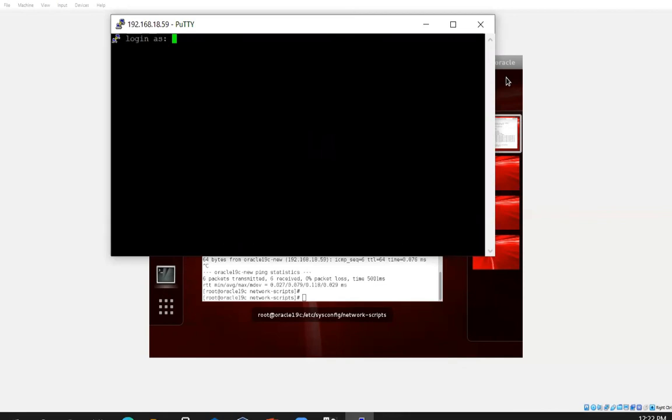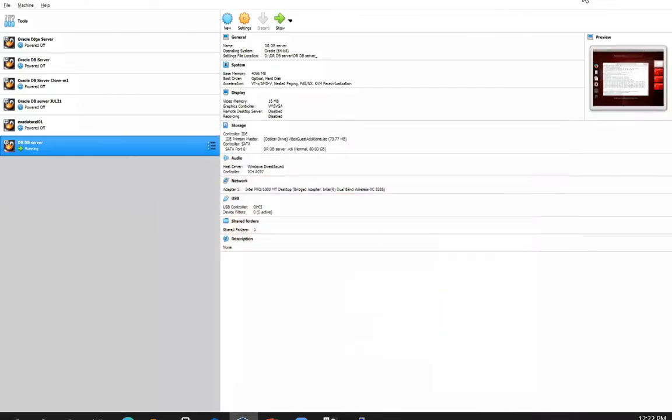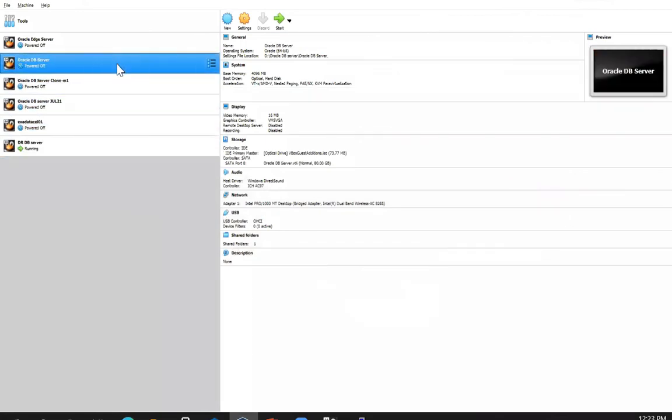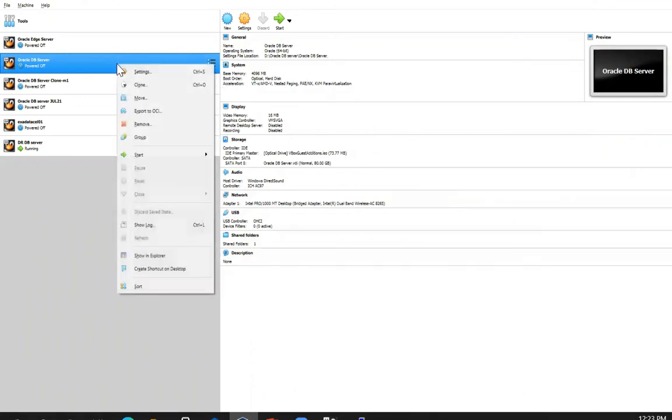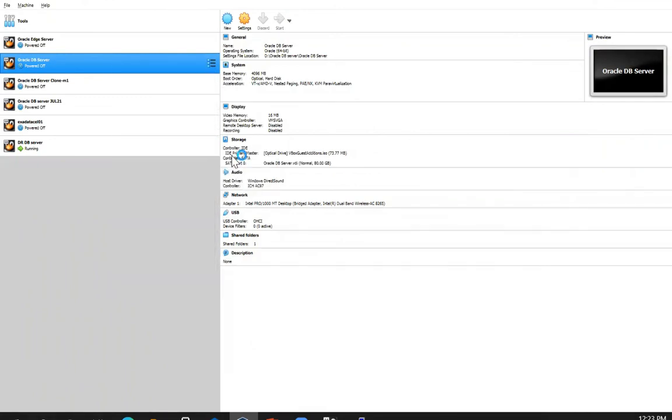It's asking me the credentials. See, now the host name, it started. It means my new clone machine is up and running now. Congratulations, your DRDB server setup is done. But let me show you how to start our source machine also. Now you can start it because now it is the safest way to start. Let me start this so that I can show you both the machines are up and running.